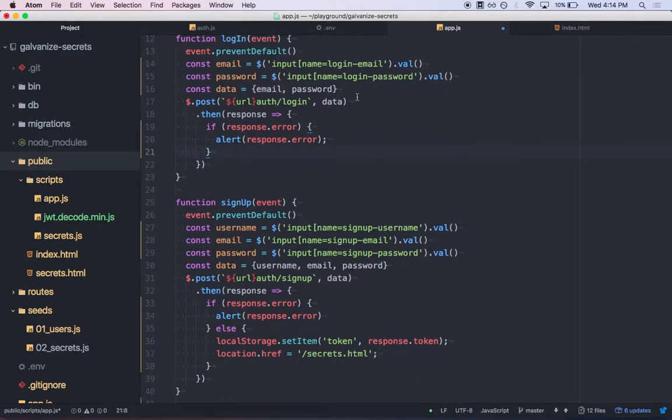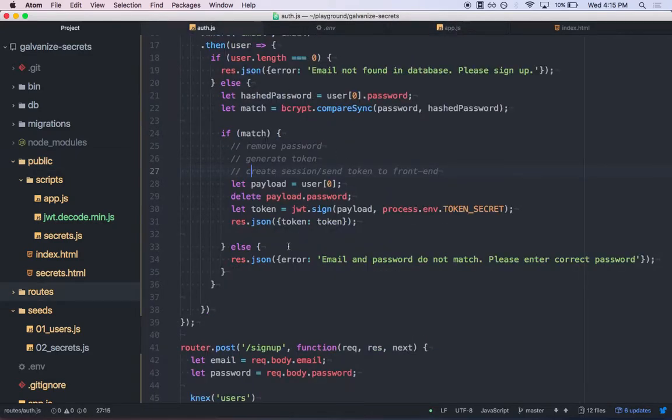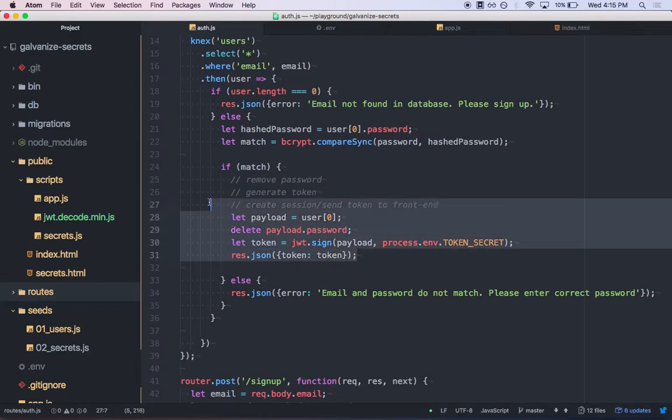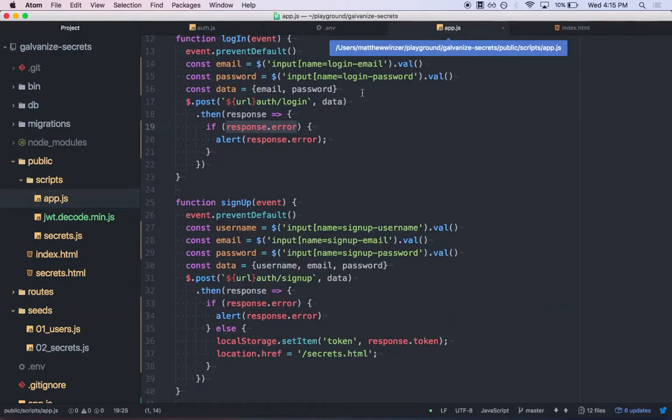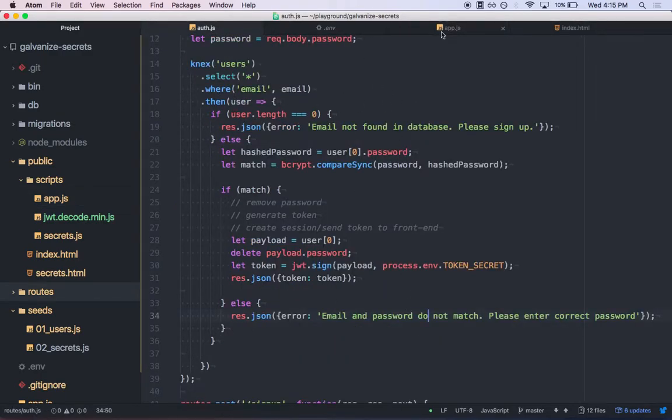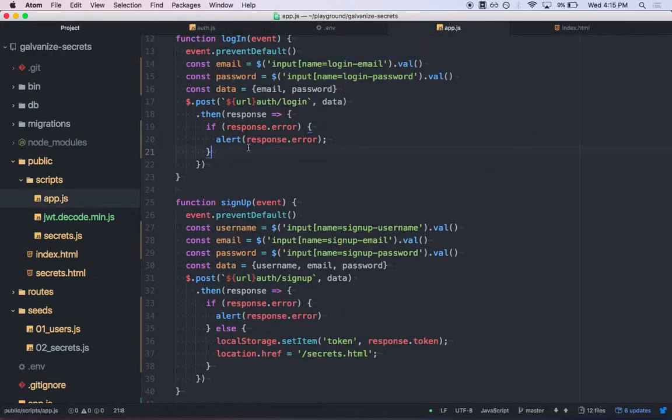We really just care about the functionality of the authentication and authorization. So this is basically saying if any of these use cases, aside from things working, happen, so if we don't have a user in the database, we get a response.error. If the username and password don't match, we get a response.error. So if what we get coming back from this post route is an error, let's just alert it. If our user screws up at any point in the sequence, it'll alert the proper error. Else,